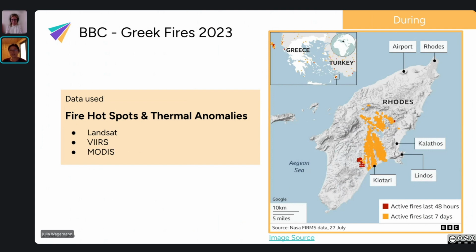So you can see that areas where the fires are now, in the last 48 hours, are on the periphery in Rhodes Island of where the areas which were burning before. So it shows you how the fire has been spreading over time. And here they added some labels, which are also useful when you want to show where important settlements or infrastructure are located.